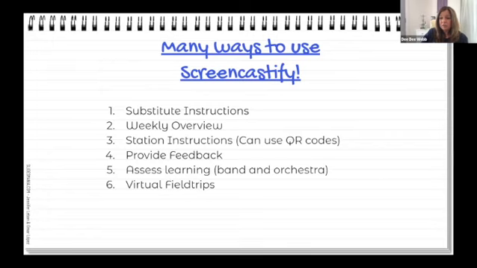A weekly overview. I was blessed to have 3rd grade whenever we went to remote learning. I was asked to take a 3rd grade class and teach it remotely. One of the things that I decided to do was a weekly overview. I used Screencastify to record a really quick 1 to 2 minute video on what the expectations were for this week, and I always posted that Sunday night to Google Classroom, so the students knew exactly what we were doing for the week.